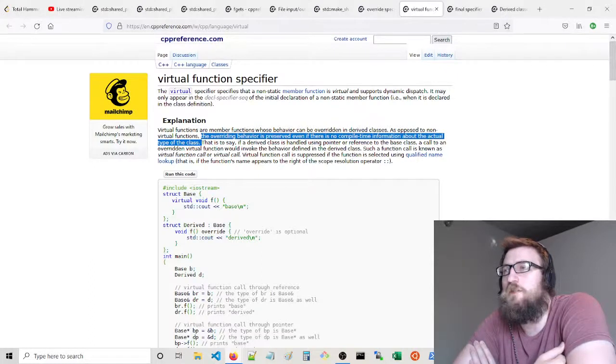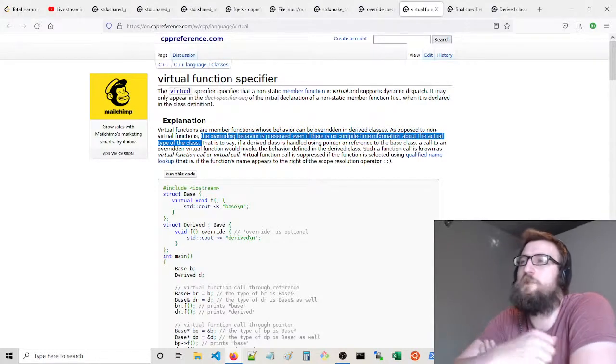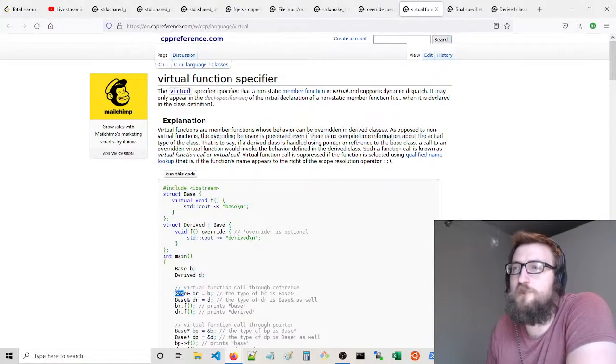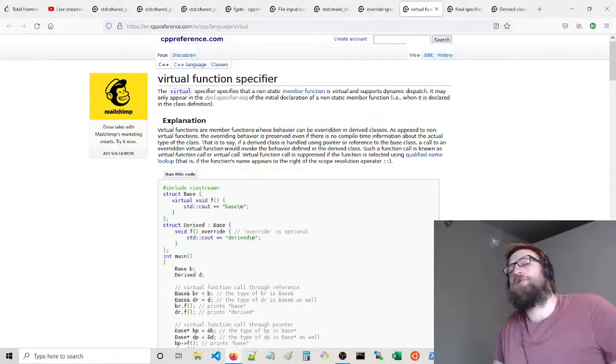the virtual function will still have overriding behavior. So basically, if you look here, both of these references are to bases. Even though you call the base, the derived class, because we used virtual, will still call the derived function. That is so confusing,